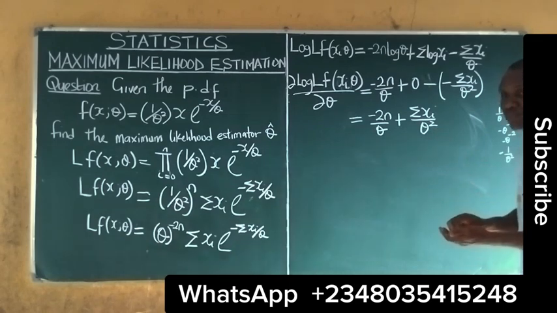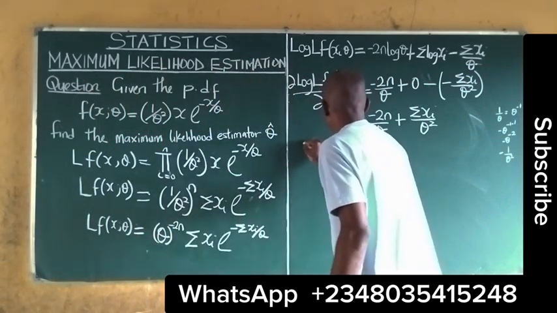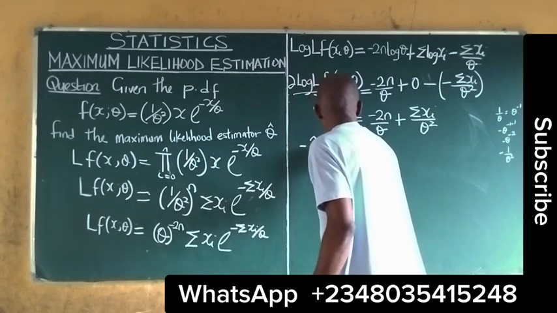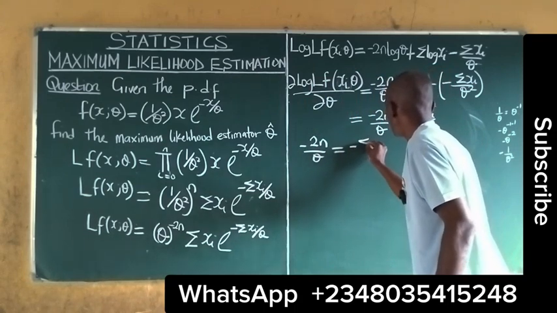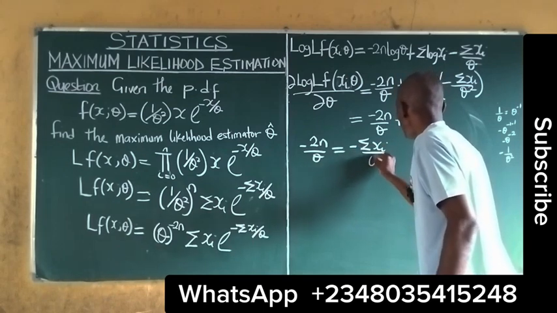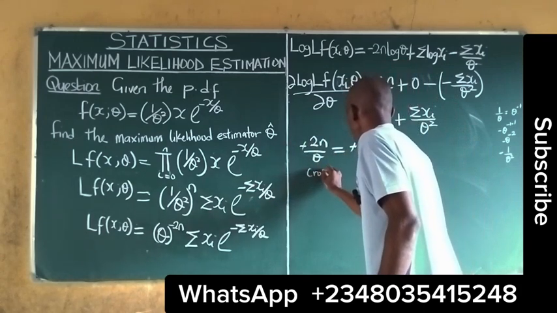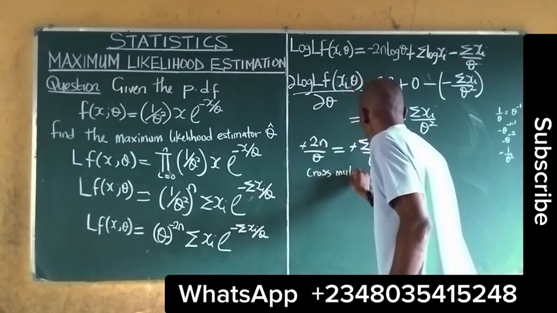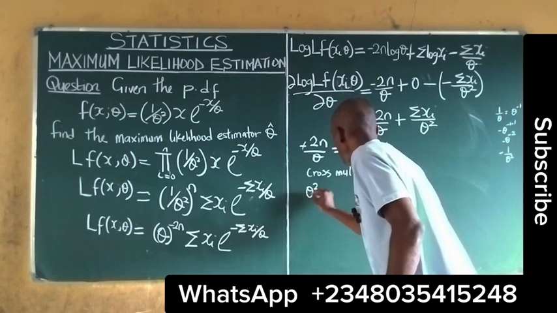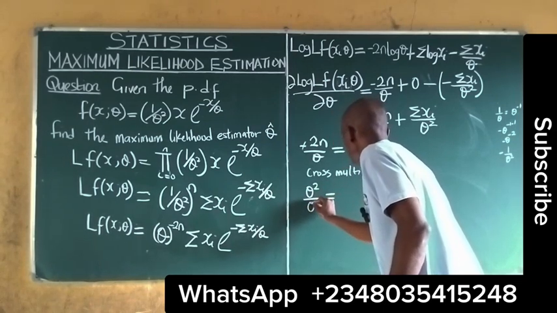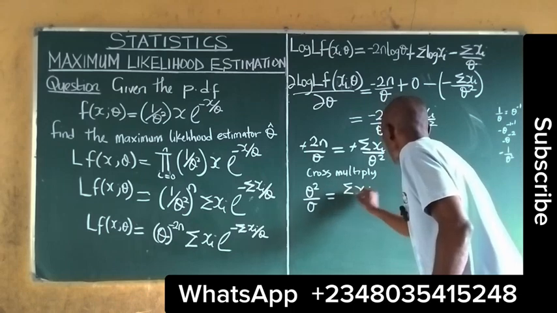So we equate this to 0. For maximum likelihood, we equate it to 0. Equating this function to 0, we have negative 2n all over theta is equal to negative summation xi's all over theta squared. So this will cancel this. We cross multiply. Once we cross multiply, we get theta squared all over theta is equal to summation of xi all over 2n,